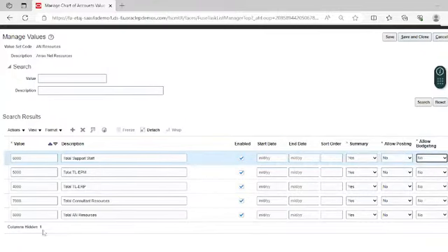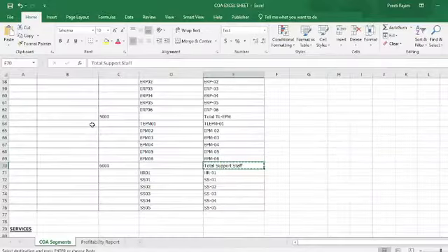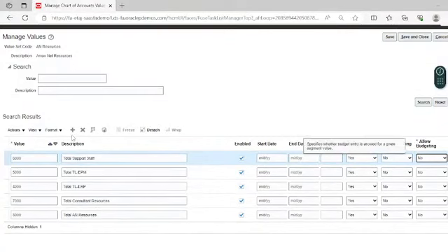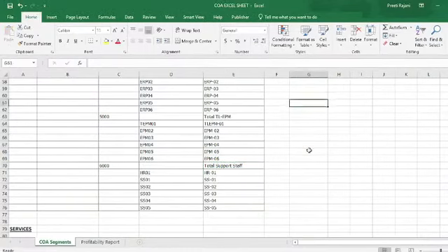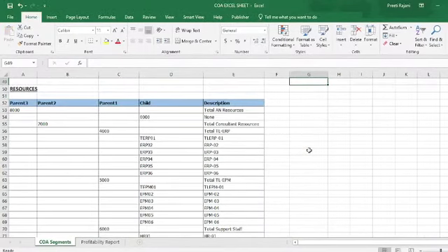So we have created the values for the parent, and now we will create the values for the child. Click on the add icon. And we will create one value for none.